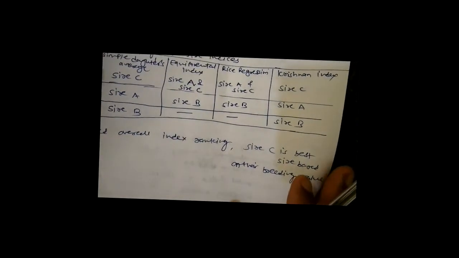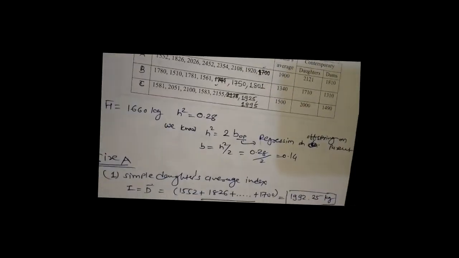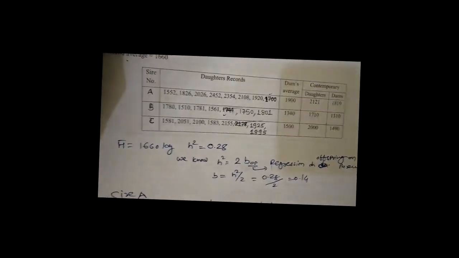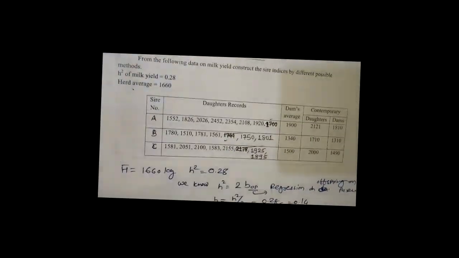Likewise, for example, it is only 3 sires here, but when you perform this progeny testing program, you will get a large number of sires' information, daughters' information. In a single batch, I think it is 15, 16 or 20 sires they are testing. So we have to rank these 20 sires based on their breeding value, and we can select only 1 or 2 sires, and the rest of the other sires we have to cull.